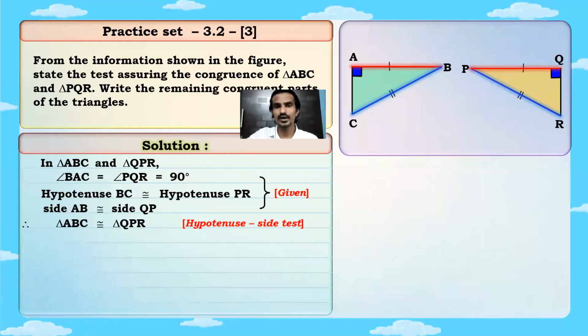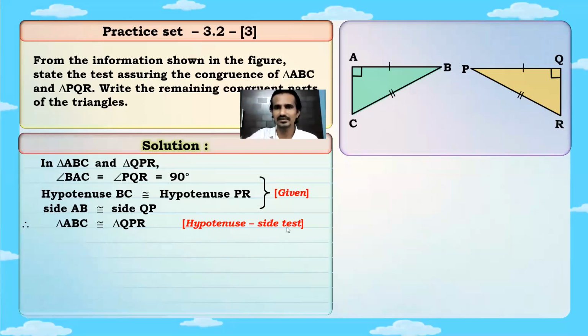So this question is not over here. We have to write on the remaining congruent parts. Now understand, remaining congruent parts कैसे आएगा देखो. The parts which are unmarked in the figure, जैसे कि side AC and QR. These are the remaining sides. And the angles which we haven't taken during the test. So we only took the right angles. The other two pairs are still the remaining pairs. So we'll just note down the remaining parts.